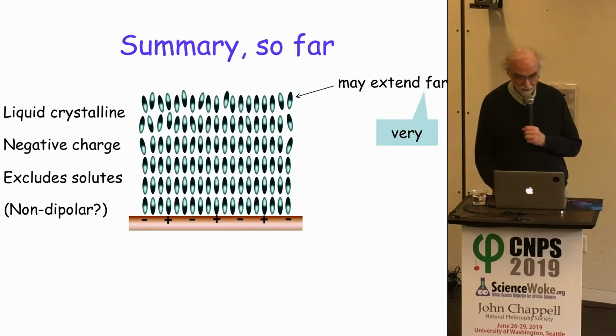And the region of order may extend very far from this kind of surface. And how far is very far? If you do the arithmetic on how big it is, and a typical water layer will be about 1/3 of a nanometer, you can compute that we're talking about millions, up to millions of molecular layers, not 2 or 3 or 10 or 30, but millions. It's a lot. If the evidence is correct, then that's what we have.